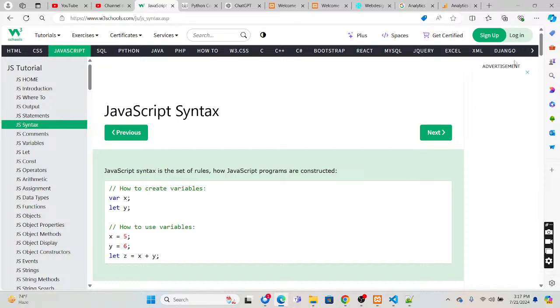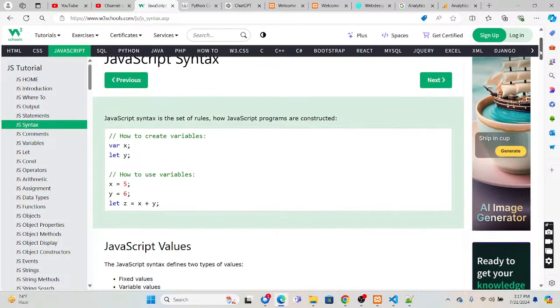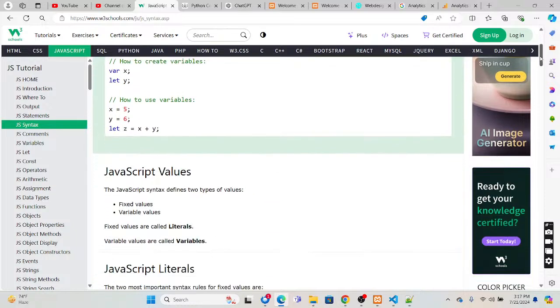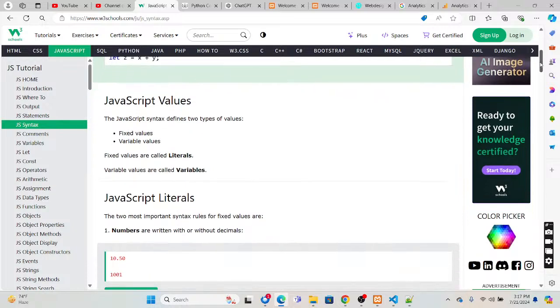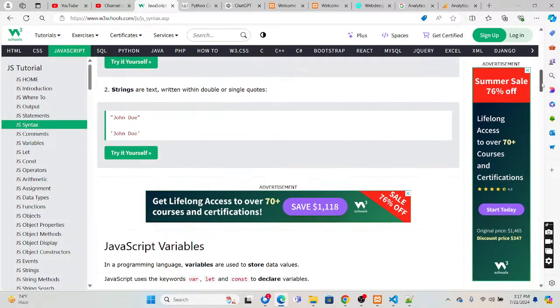JavaScript syntax, you can have a comment, slash slash. Fixed values and variables. Syntax defines two types of values. Fixed values are literals and variable values are called variables. Literals are constants like some number, numeric, string.